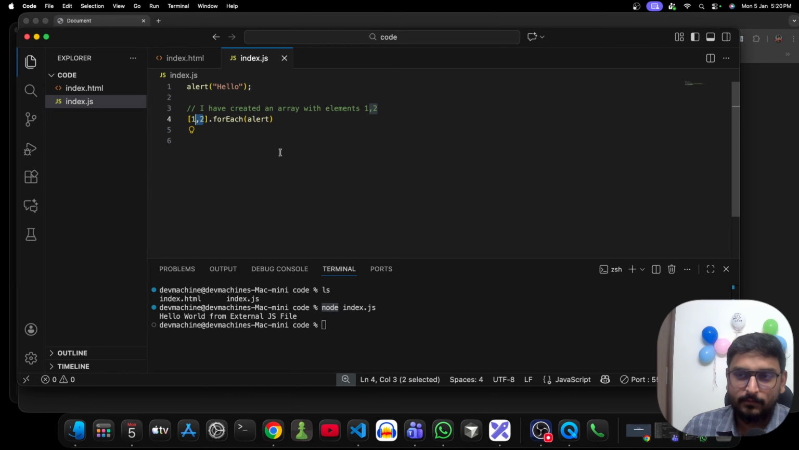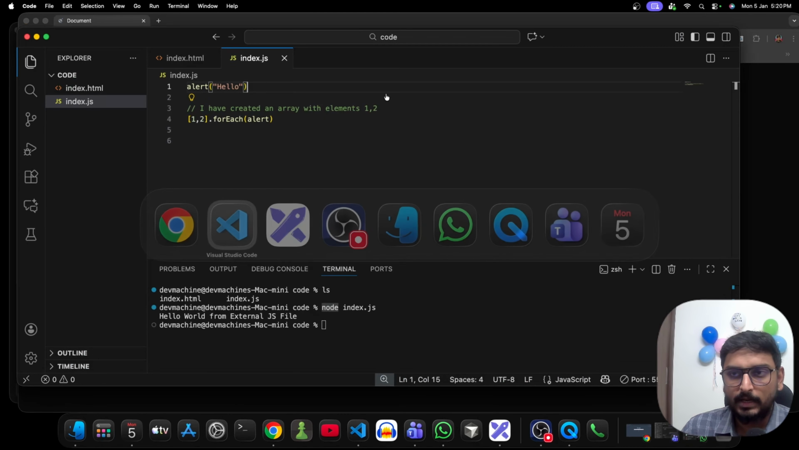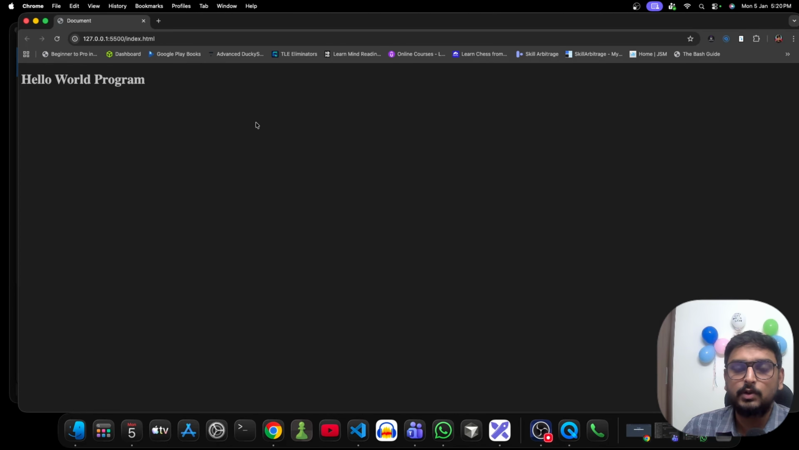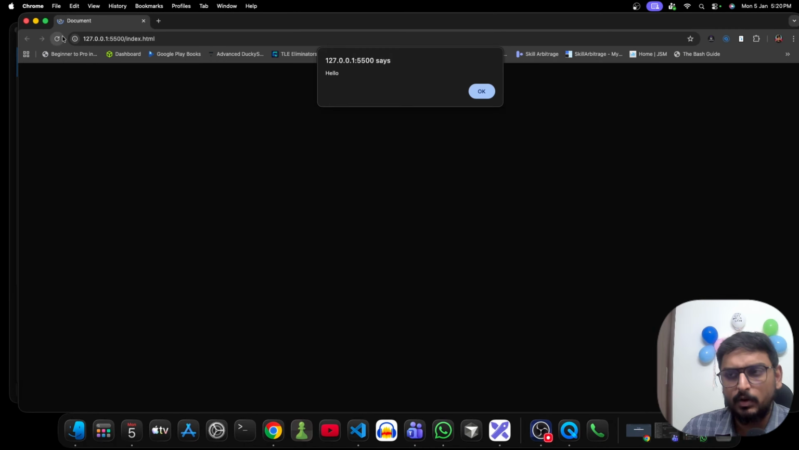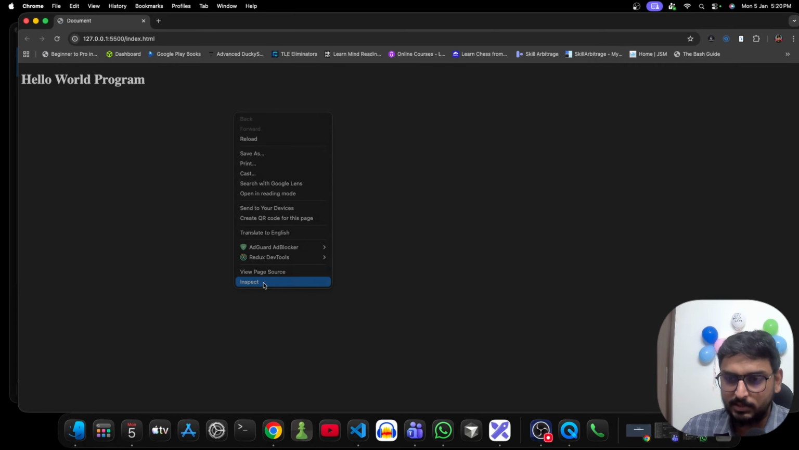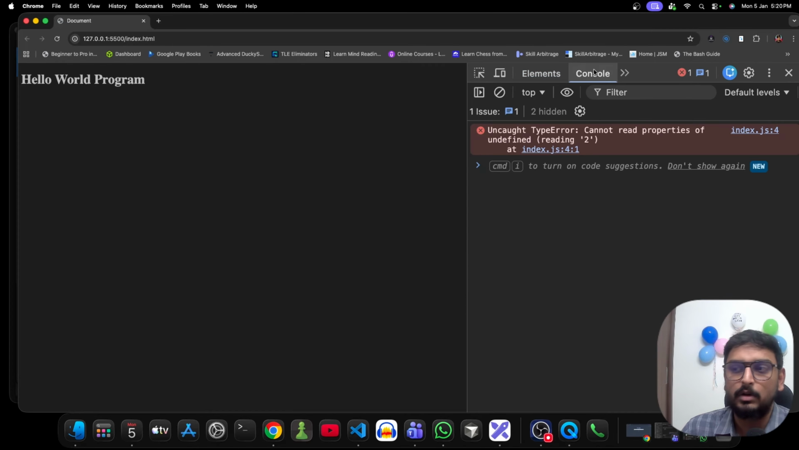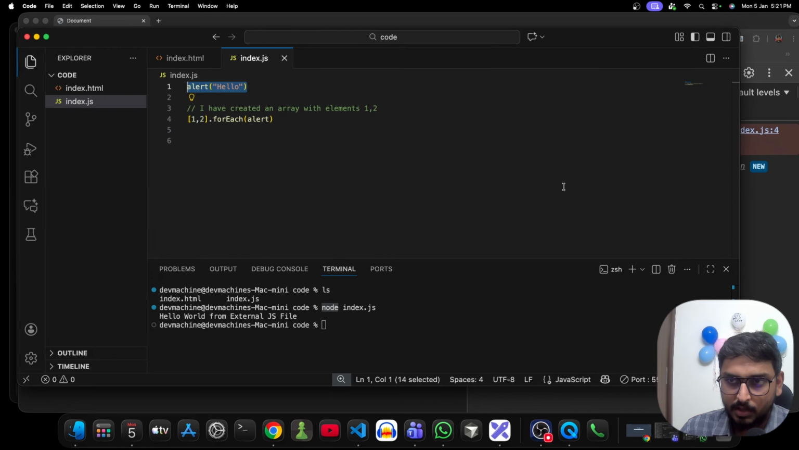Now what if we remove this semicolon? You can clearly see it is executing the first alert hello, then it is not executing. Let's rerun the code and check it. Hello, okay, it's not executing. Why? Let's inspect. One very important thing I need to mention is all the JavaScript errors can be seen in the browser's console. I can clearly see, cannot read properties of undefined,